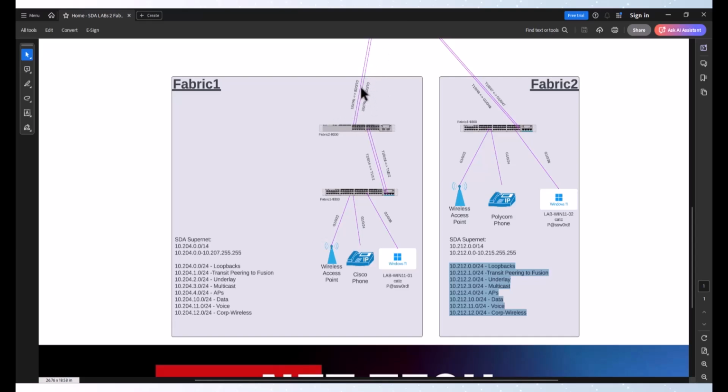The initial setup that I'm going to do will temporarily use one of these links. Part of the Catalyst Center flow and process when we create our transits allows us to let it configure these links. However, in order to even get these devices into Catalyst Center, I have to have some sort of network connectivity. So I essentially am walking this across. I'm going to temporarily set up BGP on one link,